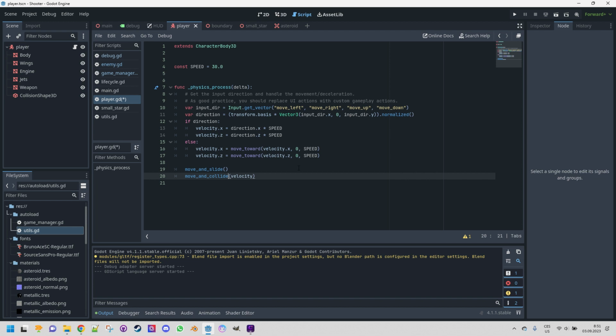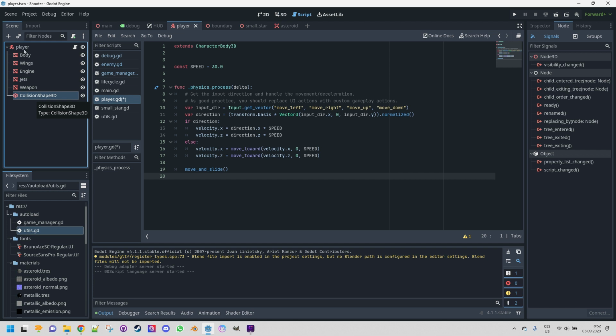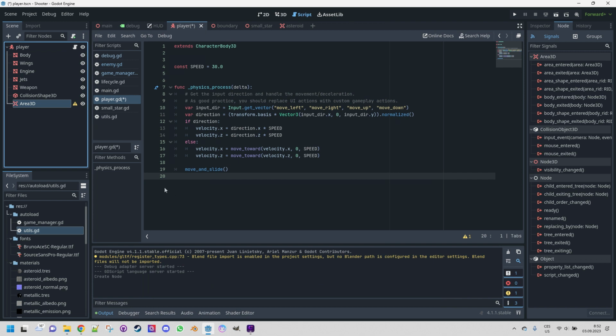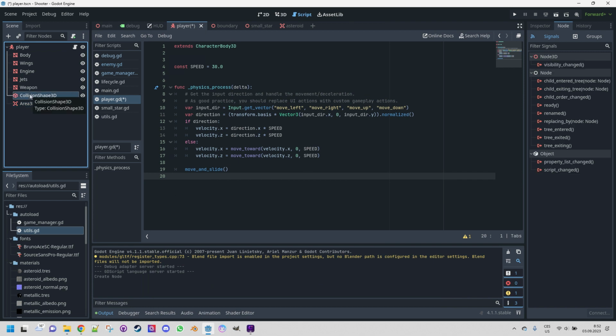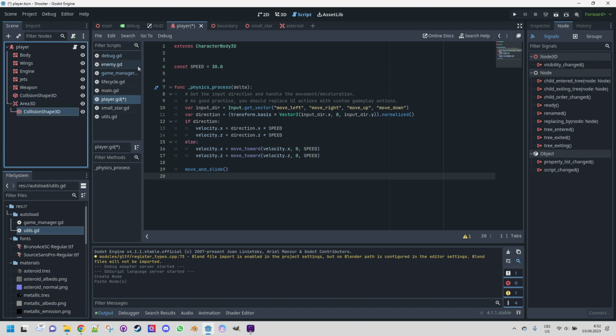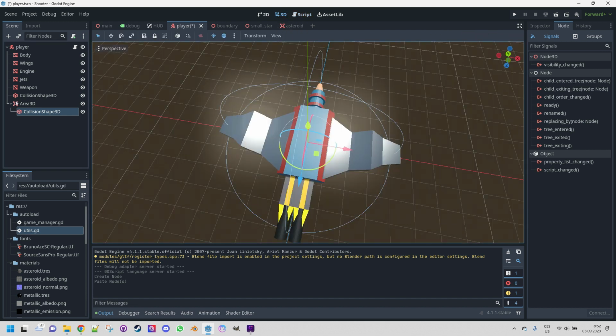We will get rid of this line first. And now we already have CollisionShape3D, which is bound to the player's object. Let's do a simple trick and add a new child node to the player's root node, and this one would be Area3D. And let's duplicate this CollisionShape3D. Ctrl C, Ctrl V, and it is here, and it should be of the same shape as the original